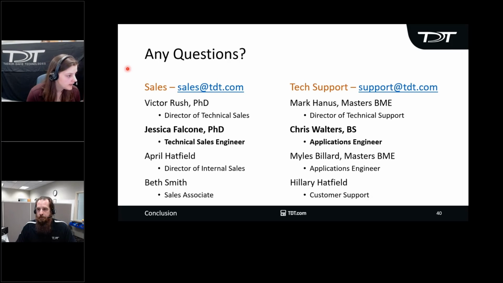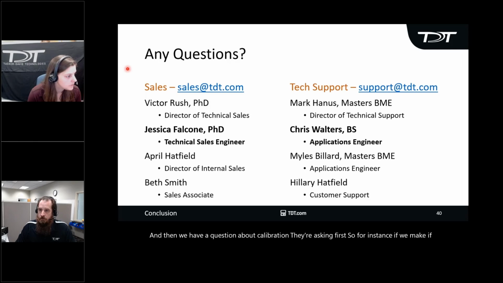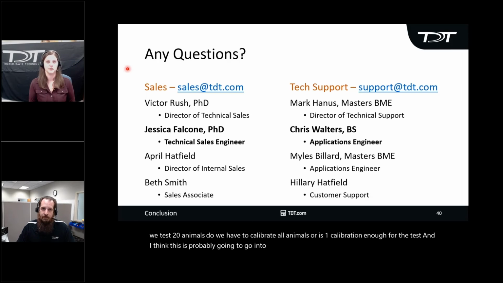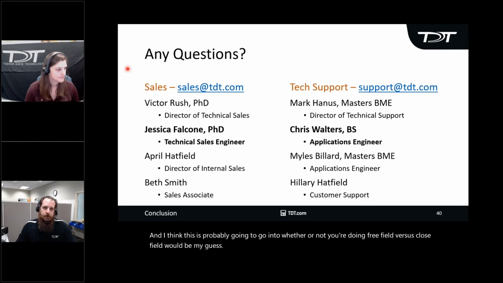And then we have a question about calibration. They're asking, for instance, if we test 20 animals, do we have to calibrate all animals, or is one calibration enough for the test? And I think this is probably going to go into whether or not you're doing free field versus closed field, would be my guess. Yeah, I mean, in a free field environment, generally speaking, most people get a couple of